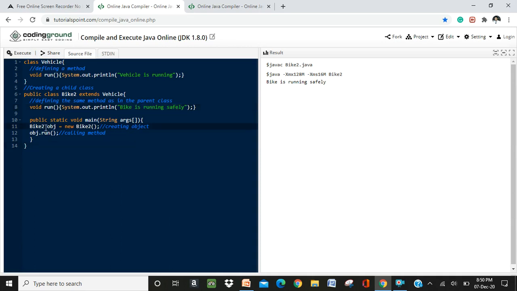So Bike2 was there, right? I am going to define one more referential object for the superclass, and I am going to initiate it with the object of the child class. Let's see what happens.